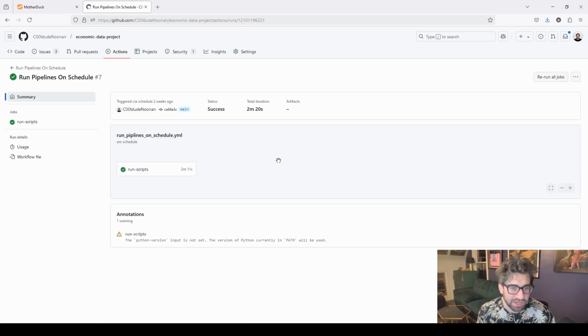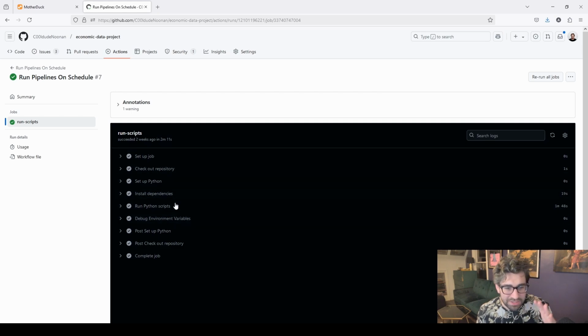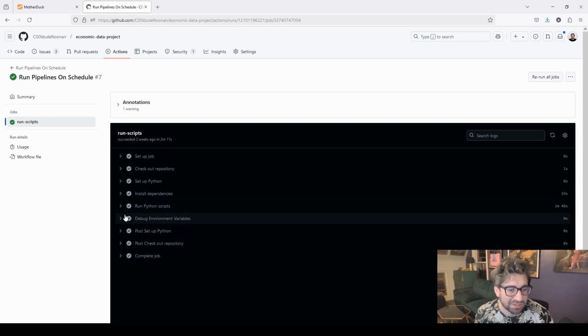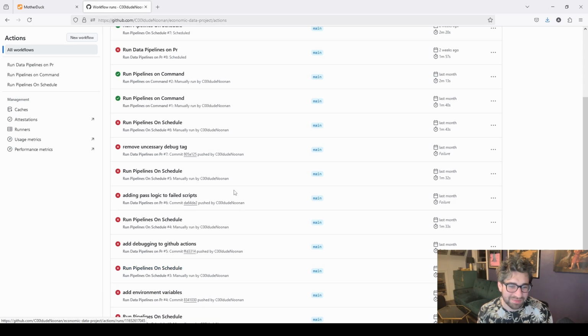So let's take a look at the action here for running on a schedule. It ran successfully, but did it? And it shows the duration here. So we can go into the logs here, and it has the various steps in the GitHub action. A word of note: when you're developing with GitHub Actions, it's entirely common to see this here, a pretty common user experience where, as you're debugging and trying to get it to work, you'll see